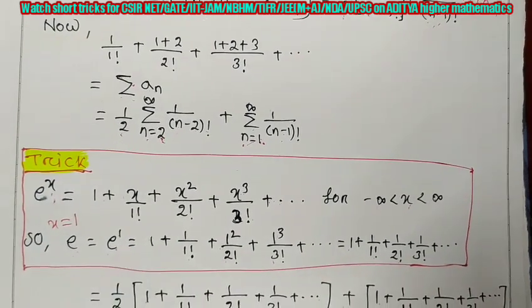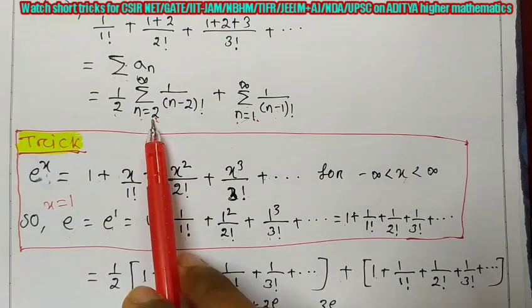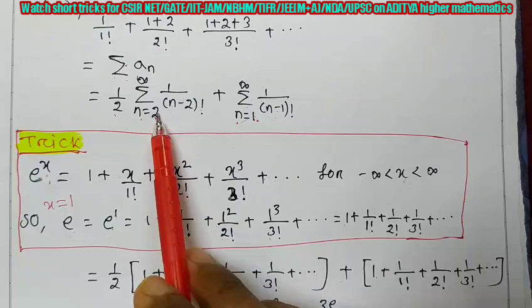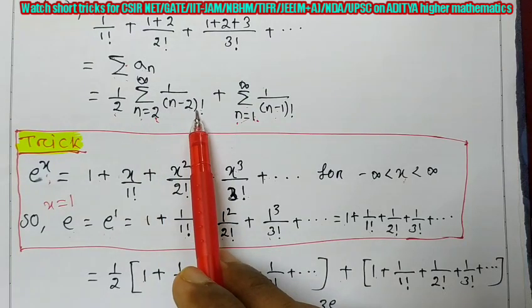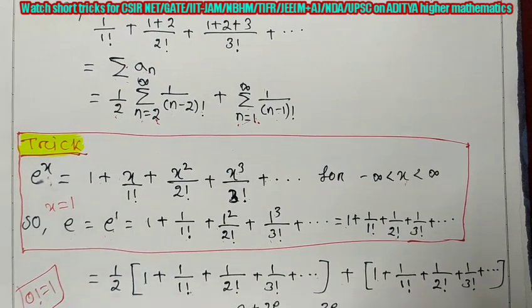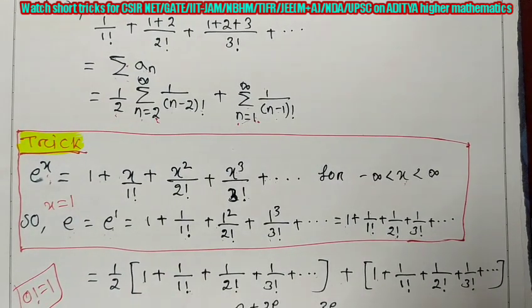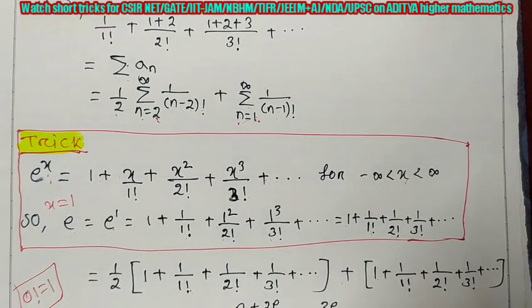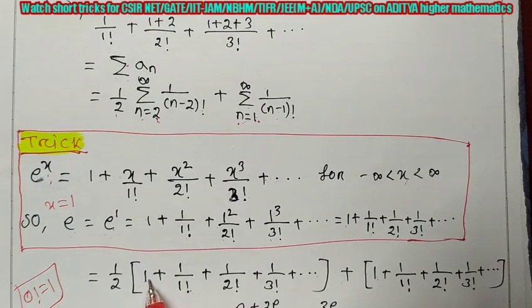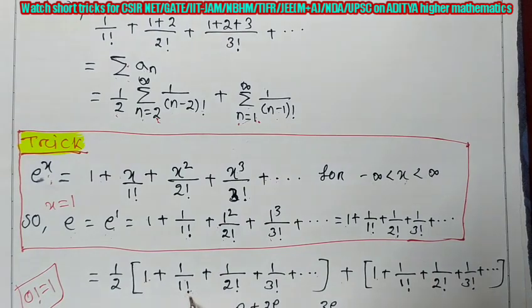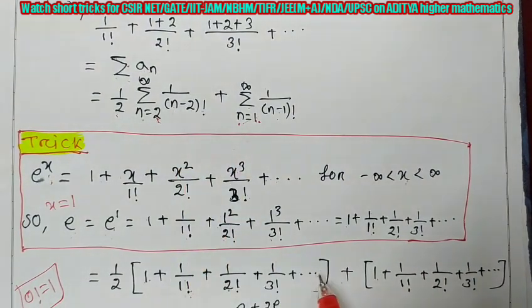Okay. So now we will put the values of n and we will write in series form. It is summation form given. When I write in series form, if n is 2, 2 minus 2 is 0 factorial, and you know 0 factorial is 1. Since 0 factorial is 1, and I will make one video about why 0 factorial is 1. So I am writing 1. Then when n is 3, 3 minus 2, which is 1 factorial. When 4 minus 2, it is 2 factorial. When 5 minus 2, it is 3 factorial. Like this it will come.